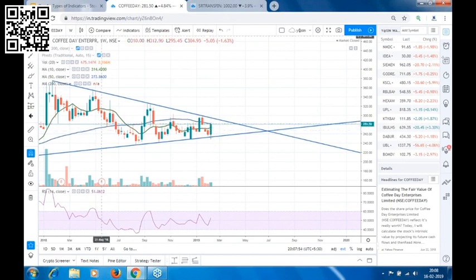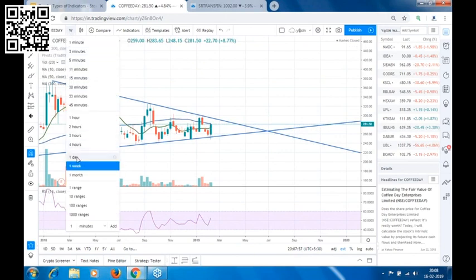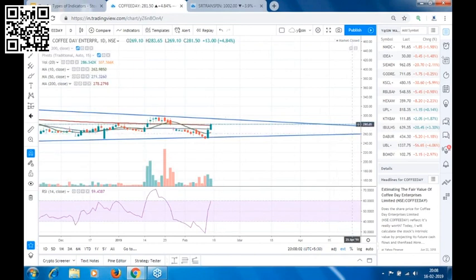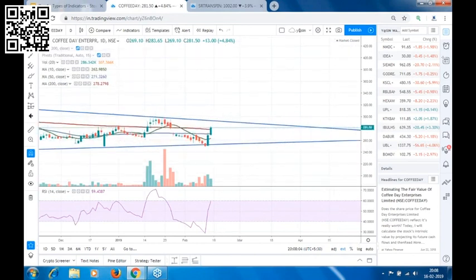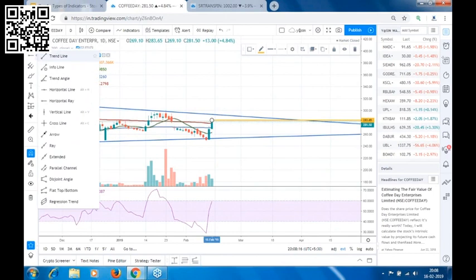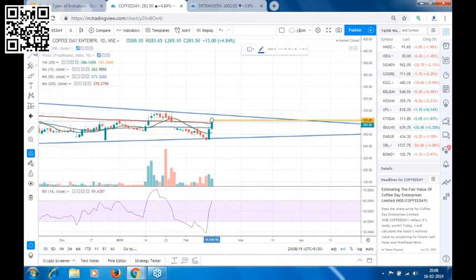So now if I want to decide the entry in the stock, at what level I will take an entry, I know that on a weekly time frame at 282.50 there is a resistance. So if I want to take an entry, I will mark this level. The high of this candle is around 283.65. So let's say I'll mark 285 as my entry point. Around 285 I plan to enter the stock.